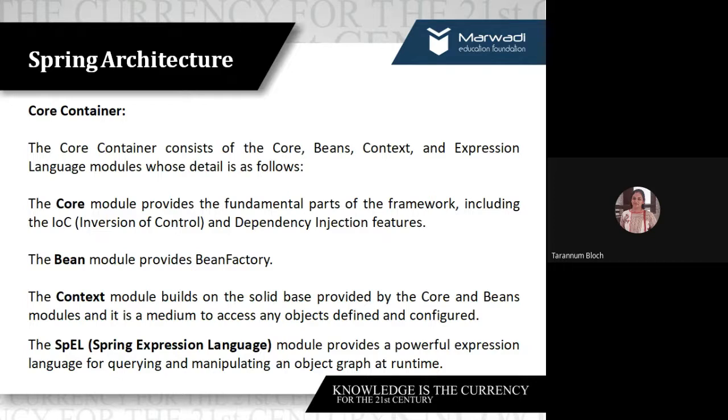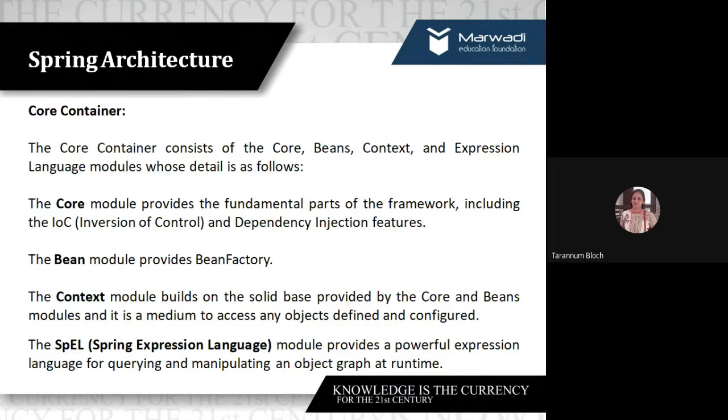So Spring provides the expression language, which is a powerful medium to access the properties of your bean, and we'll see how. As well, you can see we are saying that it is a very powerful language for querying and manipulating an object graph. Object graph.